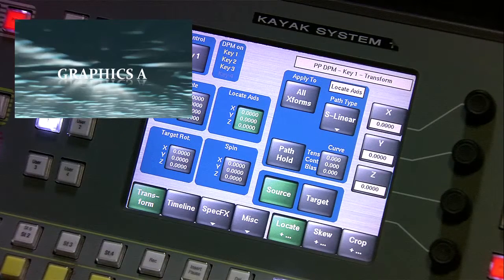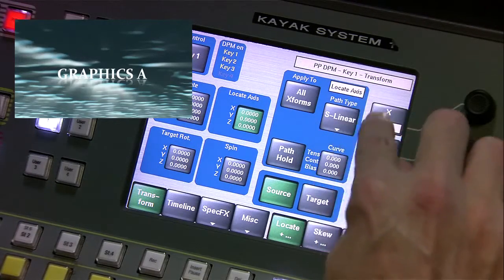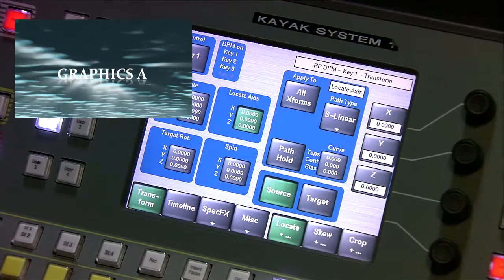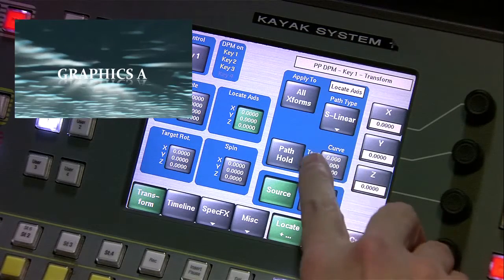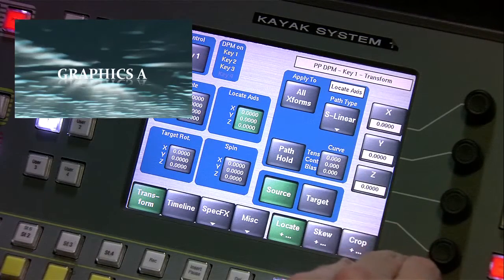Now, I bag myself a lot by forgetting to do that and having to go back and re-edit that in, which you can do. But sometimes when you're moving a graphic around and it doesn't seem to be quite as linear as you want it to be or as smooth as you want it to be, the path type might be an issue. When you're using a curve, tension and bias and all the things that you'll find in here